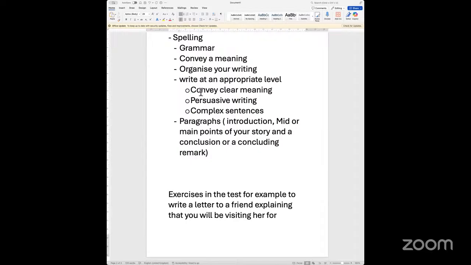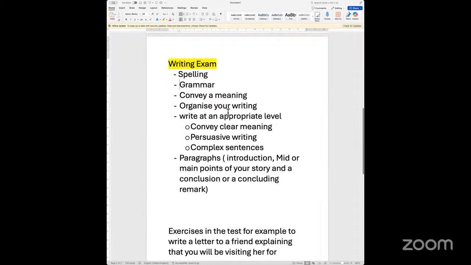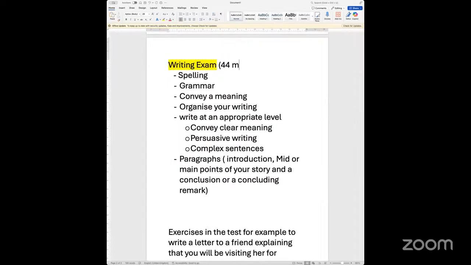You're writing in paragraphs, not bullet points. You're able to organize your writing, which could be breaking it down into various topics like introduction, summary, main points, advantages, disadvantages, and the whole context that you have written in the writing exam, depending on the activity that you've got, it is able to convey that meaning. Now, once the conveying of the meaning has happened, because it's a writing exam and you're going to be marked on writing in terms of the point scoring system, your spelling and grammar has to be accurate, and that is where you will be looking at scoring the 44 marks.